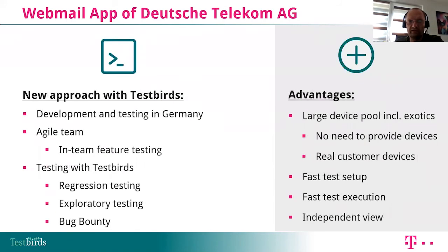And on the next slide, I want to talk a bit about our current approach. So in the first step we took development back to Germany. So we changed our development partner. Now it's a company that is located in Germany. They are still working agile. They are still having developers and testers in one team. But the big part is here with the regression testing,